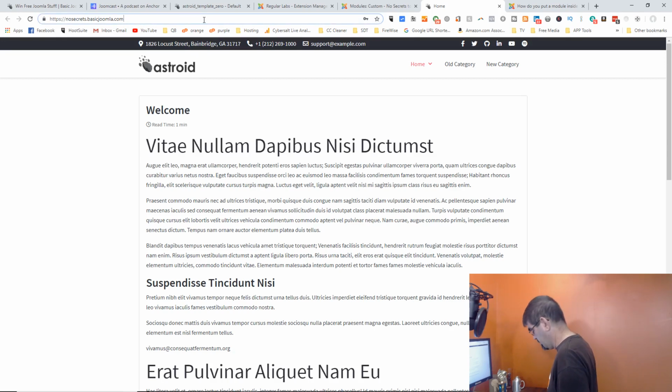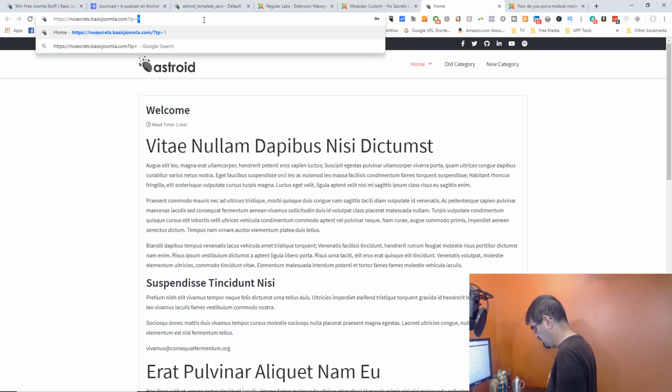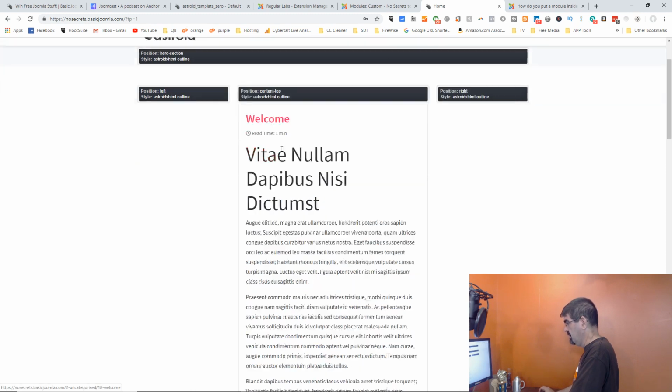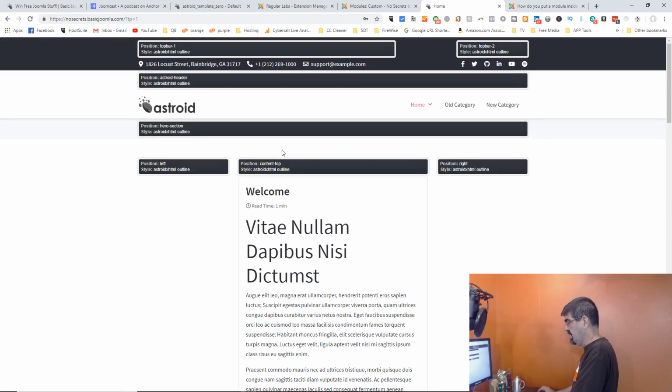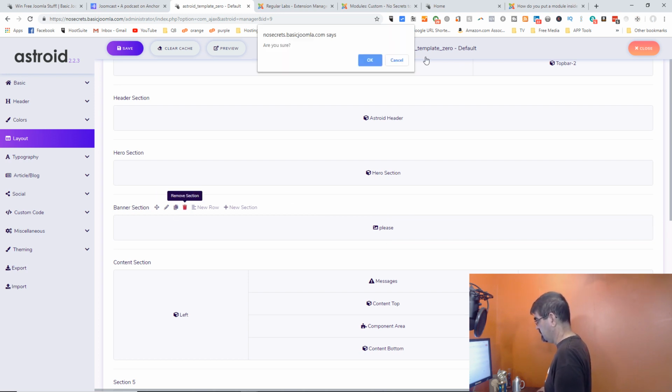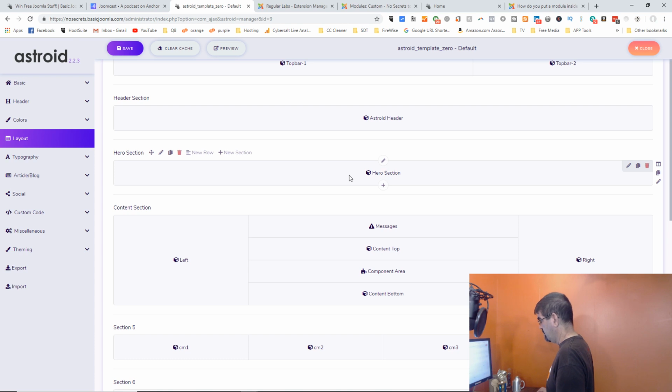Load front page with module position showing. TP equals 1. Hero. Yeah, banner is just not happening. And yet, here's banner section. And it's just not showing. So why don't we just do this? Let's dump the banner section. And let's put this, let's make a new